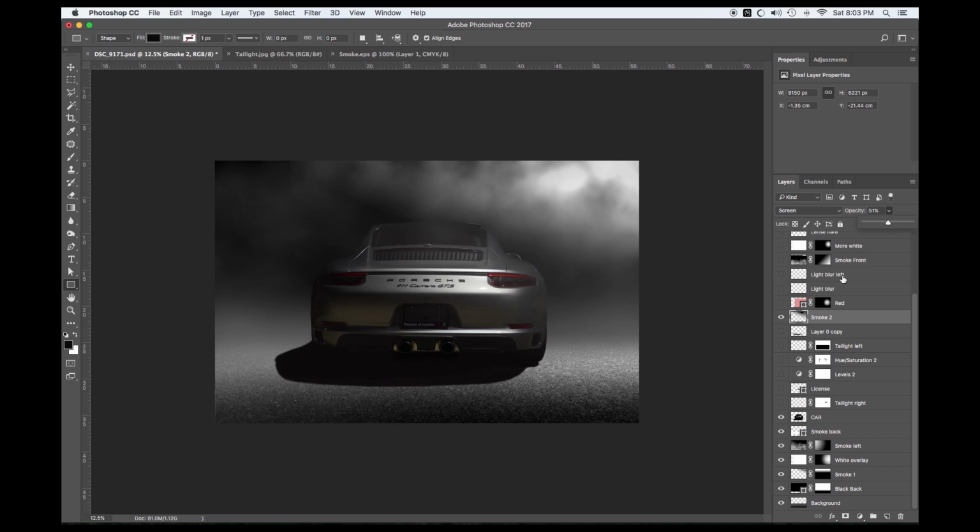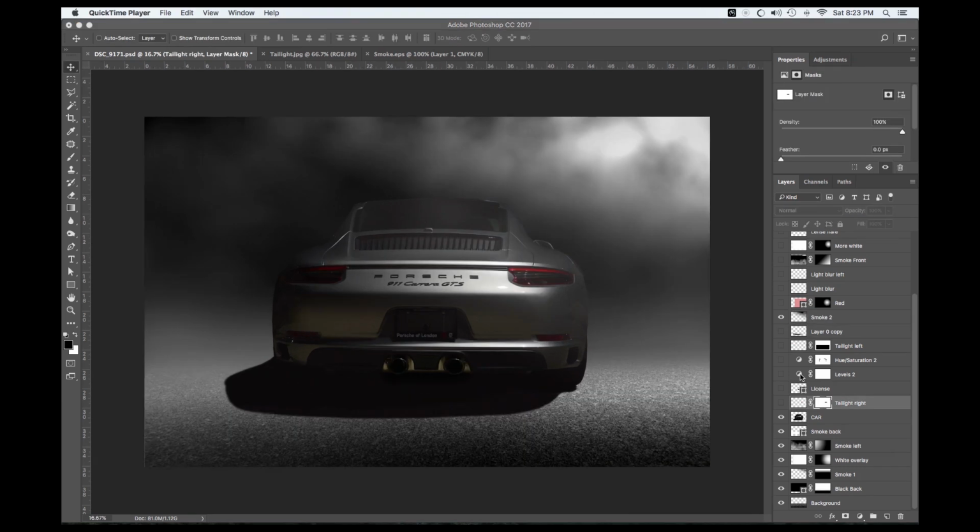Again, this is all very subjective. When you guys are making your own photos, you can choose to do any kind of opacity. There's no right or wrong on this. It's all a matter of taste and subjectiveness. Moving on to the taillights,